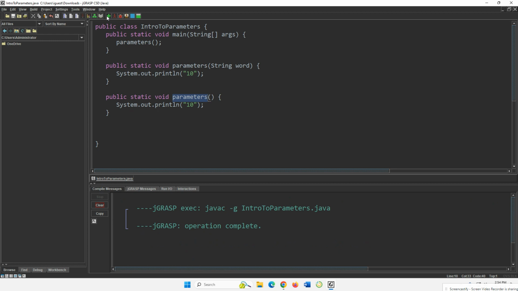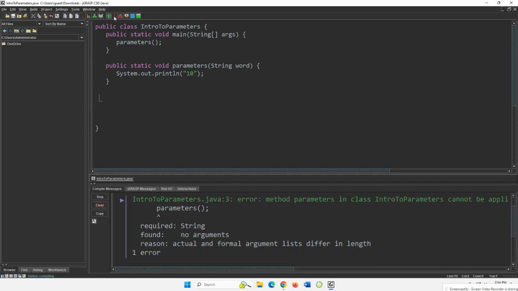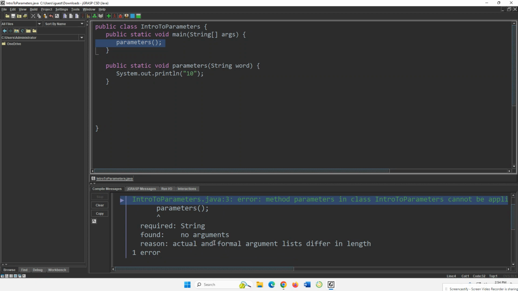But let's say that that's not the problem that I want to solve. Let's say I want to solve it by only using one method. So here, if I compile it, it's going back to the same error. It's saying you're calling a method called parameters that takes in nothing, but I only found a method called parameters that takes in a word. So what you do here is you give it the value that the method takes in. So in this case, you don't do String word here. You actually give it a string. So you could say something like "cookies". If I compile this,